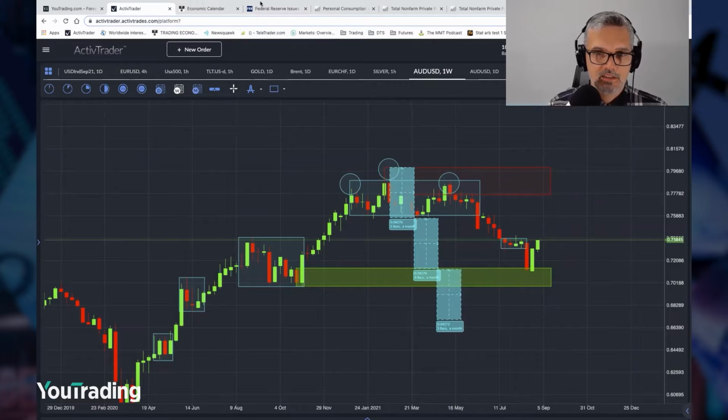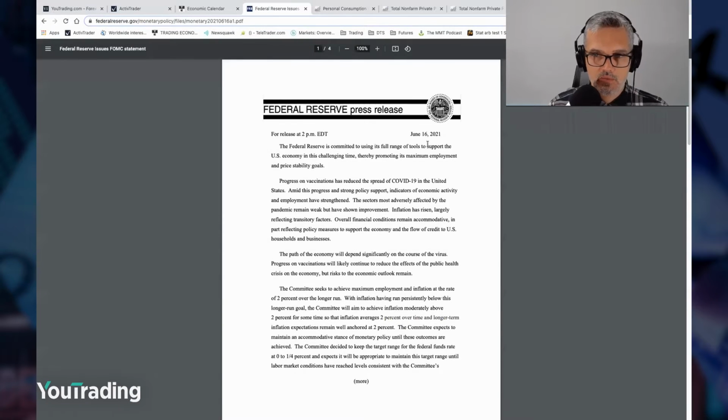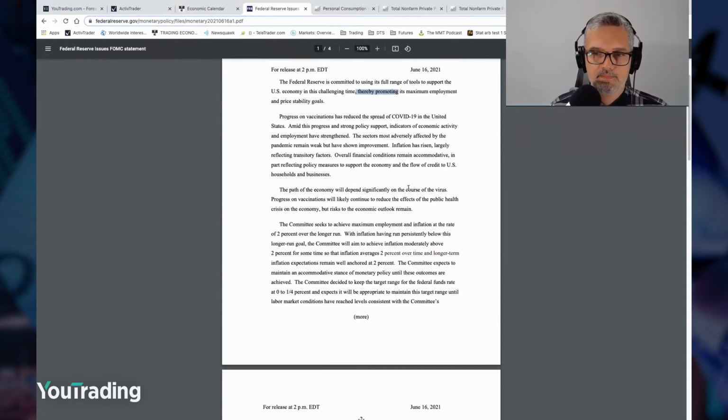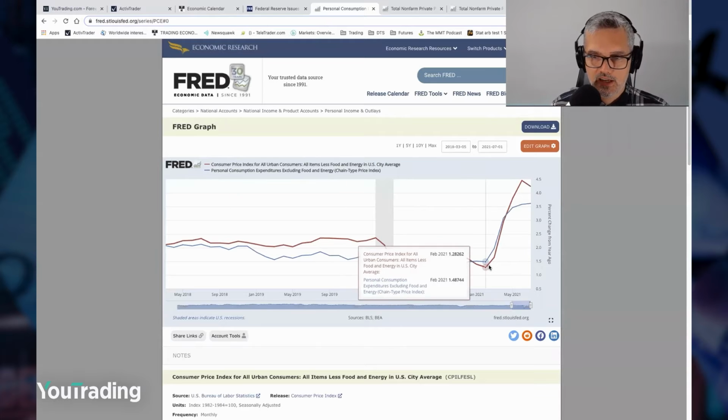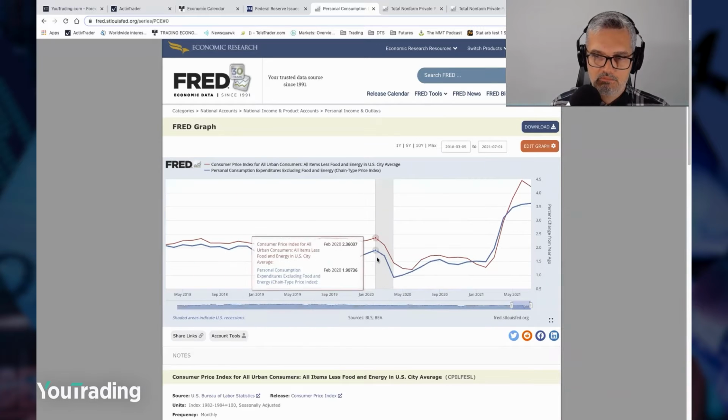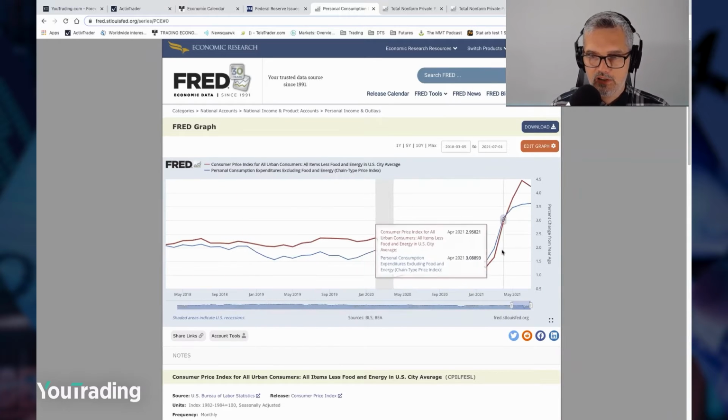We said it's the 16th of June for that sort of week, and that was the FOMC, and they promoted maximum employment and price stability goals as always. They reiterated that maximum employment and inflation were rising to 2%, and they were on track to moderately exceed 2%. So that's good. If we go to the inflation data, you can see here, big crash because of COVID, and